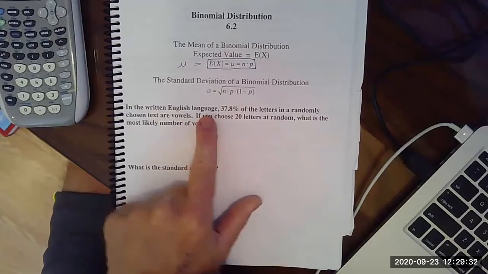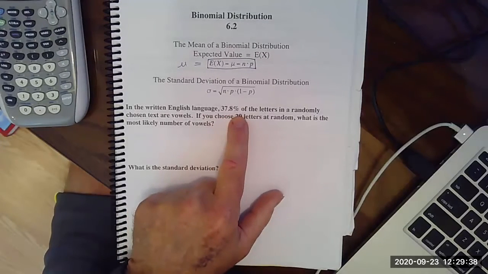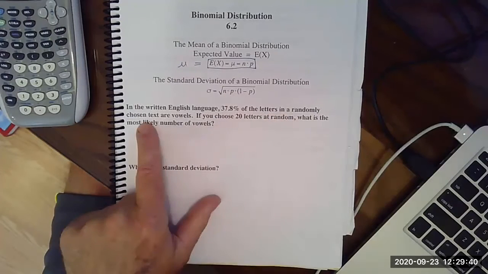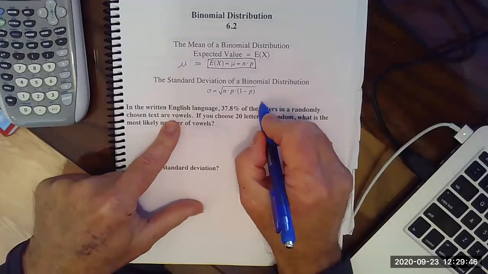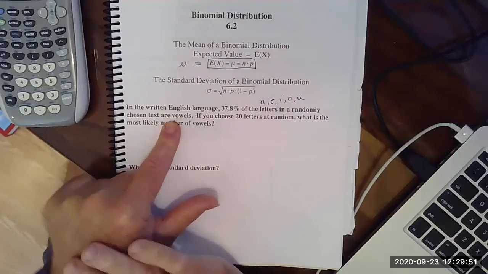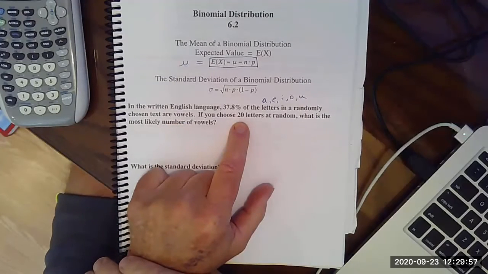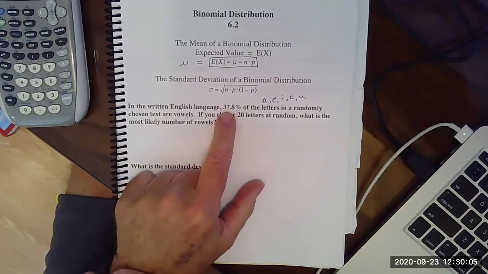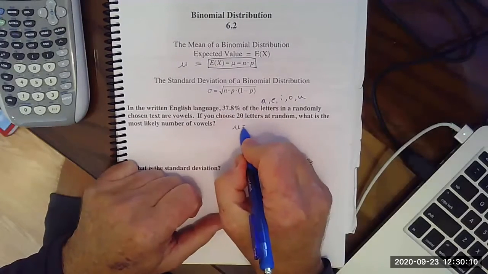Right here, English language, almost 38%, 37.8% they found historically. Letters in a randomly chosen text are vowels: A, E, I, O, U. Okay, those are the vowels that they're talking about. If we chose 20 letters at random, the likely number of vowels would be 37.8% of the 20. So mu is equal to